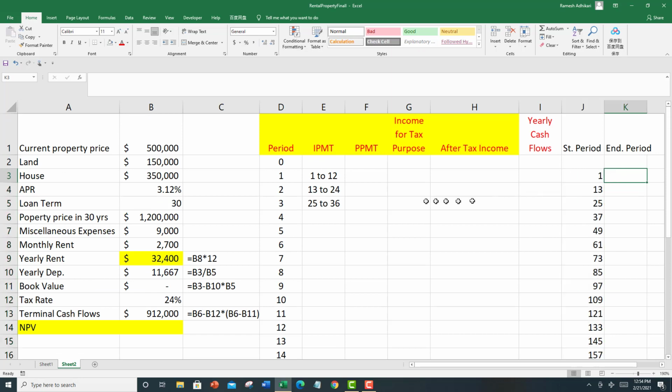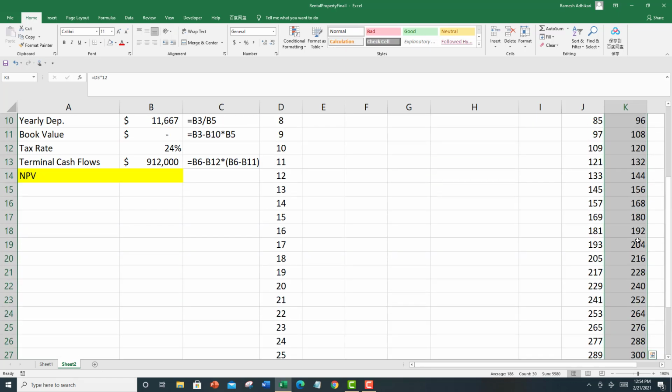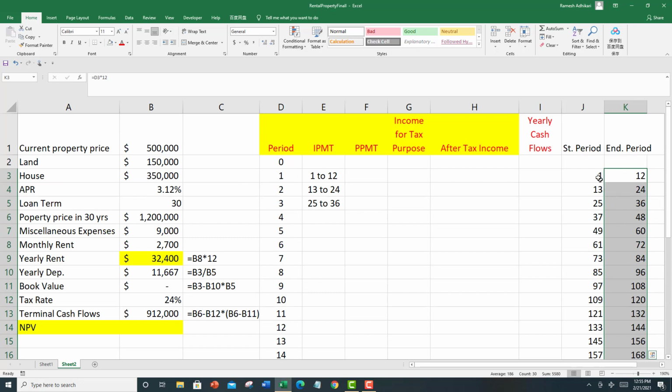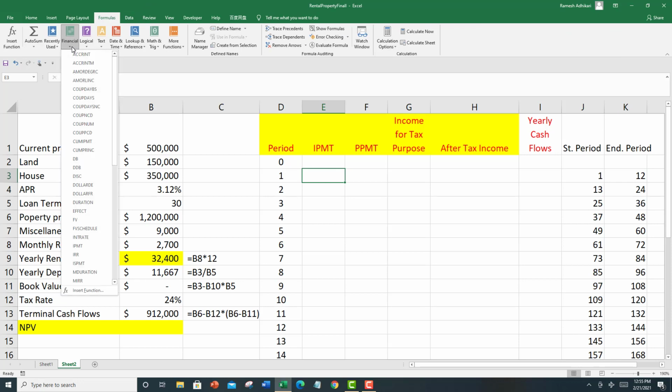Likewise, the ending period is pretty straightforward, right? So 12, 24, 36. So in this case, simply your period right here times 12. So that gives me the ending period. Okay, I can simply double click and that gives me the ending period. So once I have this starting and ending period, I can go and compute interest payment and principal payment for each year. So for that, I'm going to go to formula, financials, and I am going to compute CUMIPMT